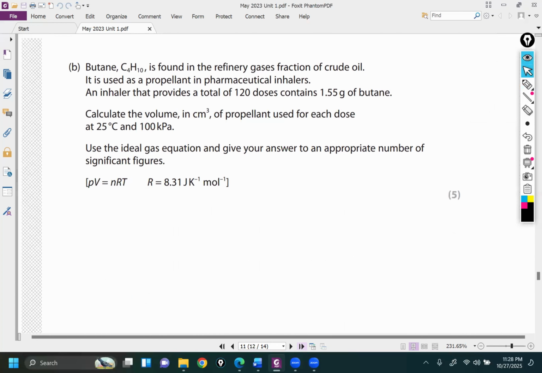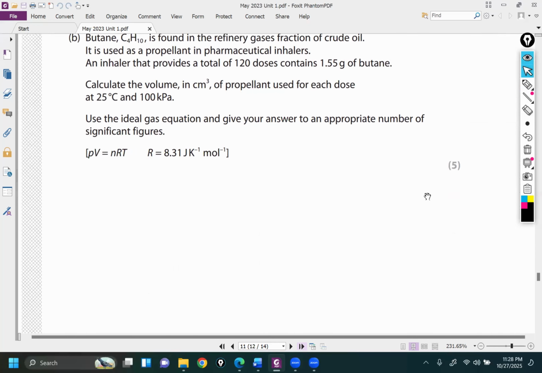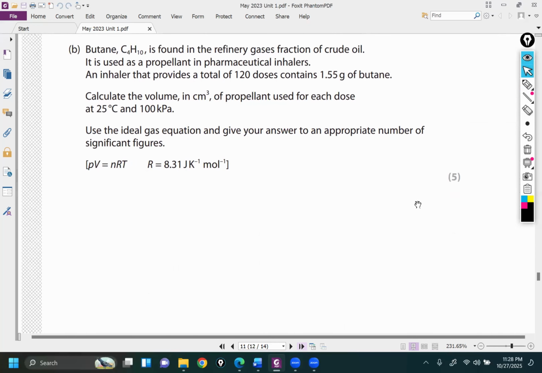Part B, again, this is a calculation part. And this time it carries 5 marks, so you have to focus more. This question is based on the ideal gas equation. Butane is found in refinery gases. It is present in the top fraction of the crude oil. It is used as a propellant in pharmaceutical inhalers. An inhaler that provides a total of 120 doses contains 1.55 gram of butane. Calculate the volume in cm3